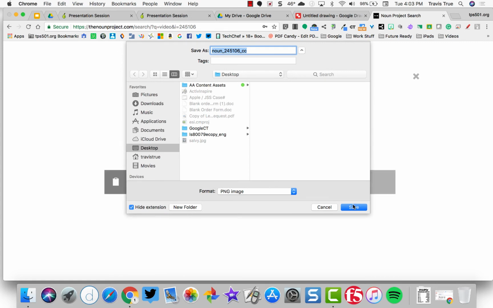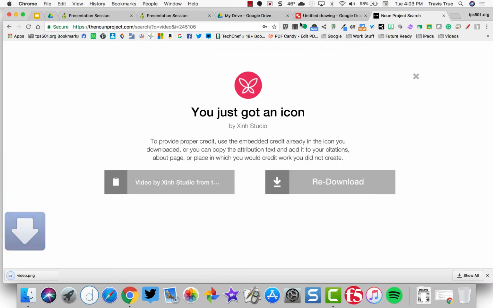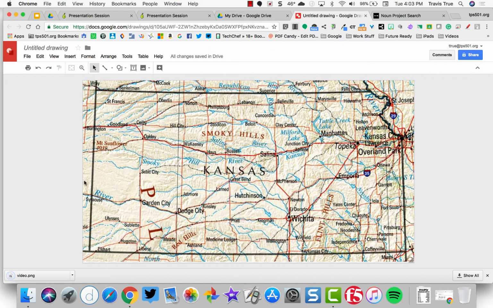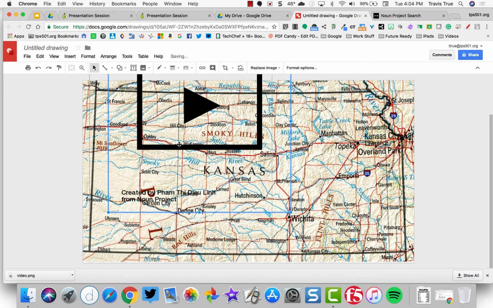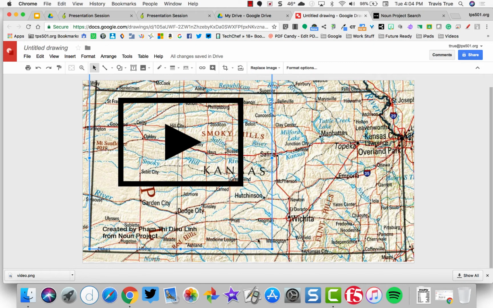it out here to my desktop. I'm going to name it as video so I know what that is. And I'll come back in here to drawings. And if you're using Chrome, you can just click and drag on this little download doohickey here and drag this up and drop it. And there it is. And then I'm going to resize this. Okay, so